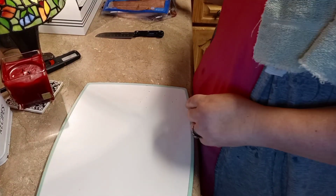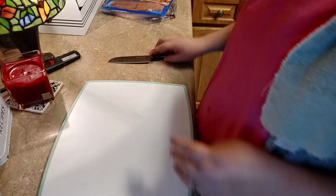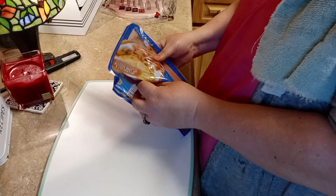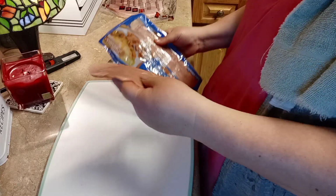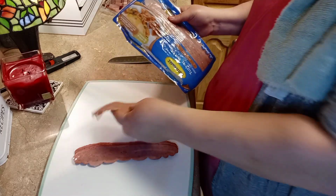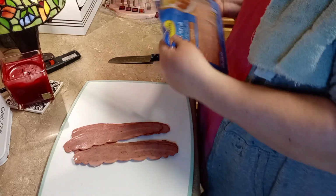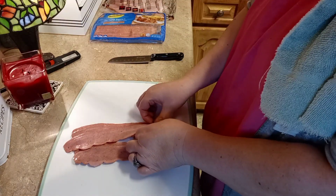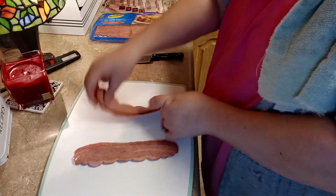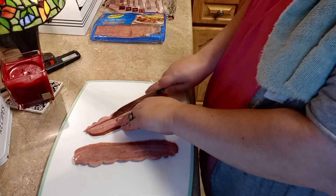Okay, guys, we're back. And I've wiped this all off, and I've got my knife clean. And we're going to go in and we're going to cut up some turkey bacon. We have ate turkey bacon so long that when we eat real bacon, it tastes like pure grease to us. I don't know if any of you guys have that problem or not, but it does here. We bought some real bacon that was on sale last week, and it was really good, delicious bacon, but it just tasted, I don't know, we eat so much turkey bacon,